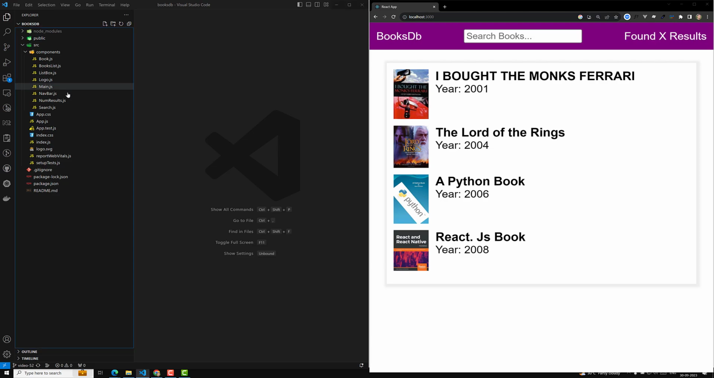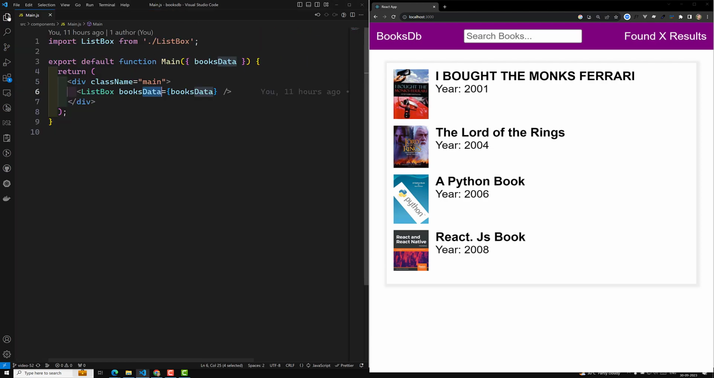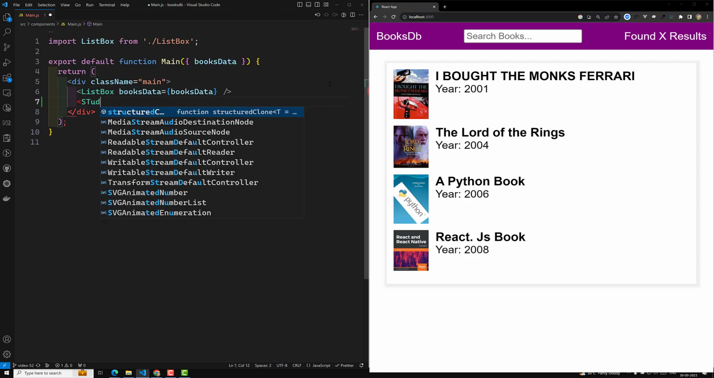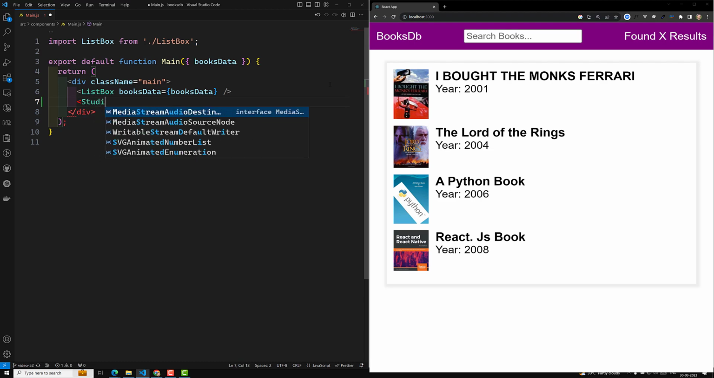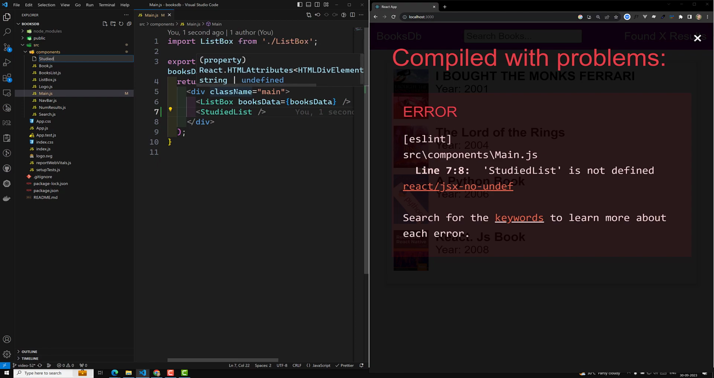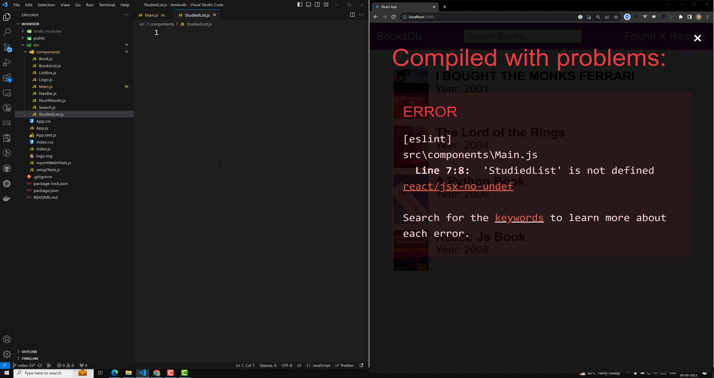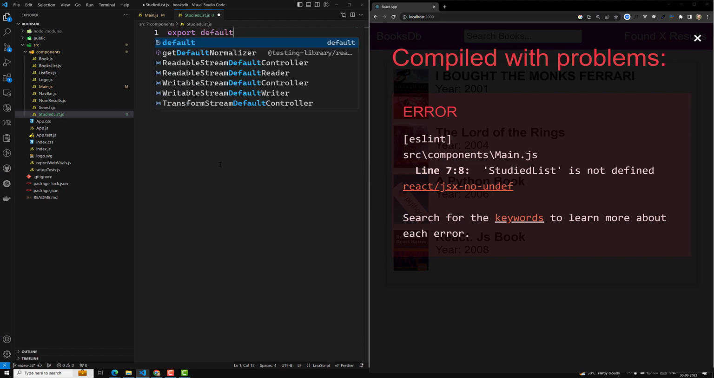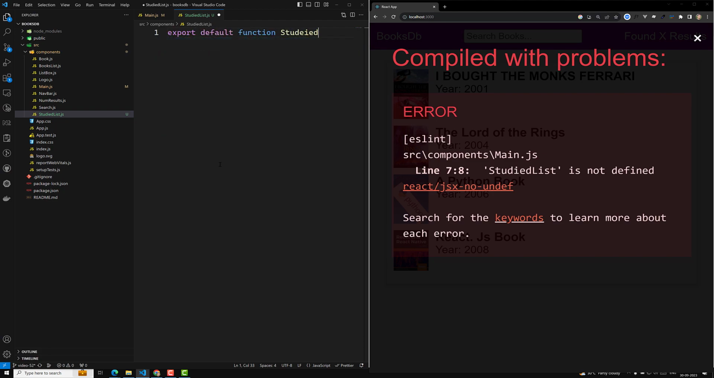For this one, let's go to the main.js. So here this is our code, right? Here I will maintain another one, the studied list, for whatever books you have studied. This is the component which I want to create. Let's create a component for this one, studied list.js file, and export default function studied list, and in this studied list we will return